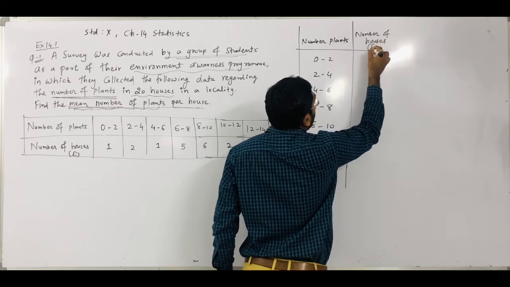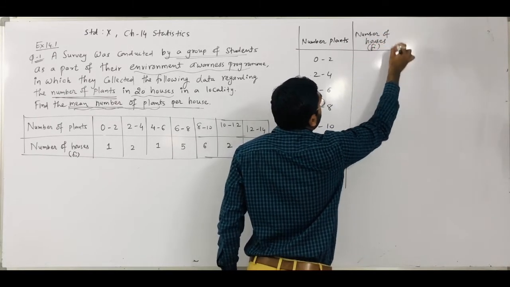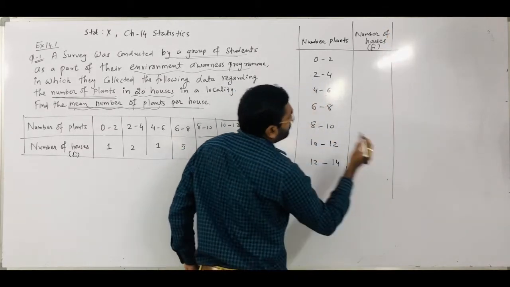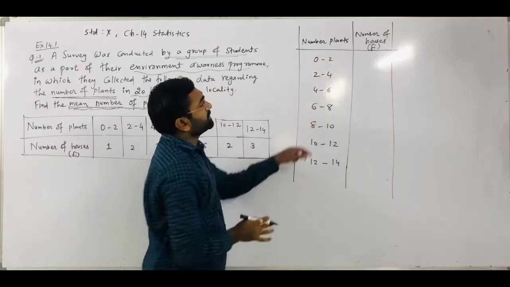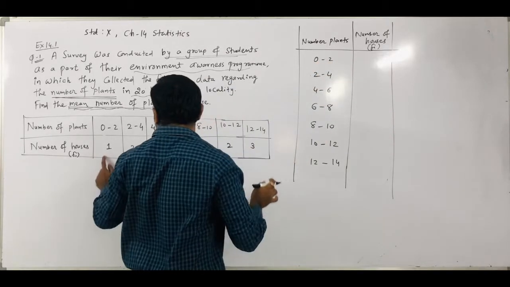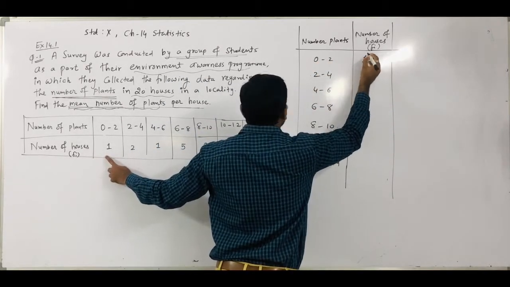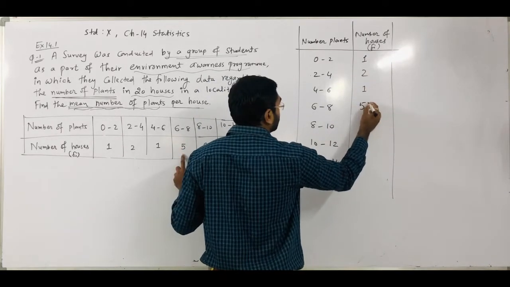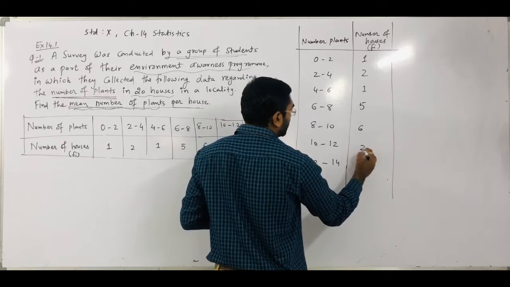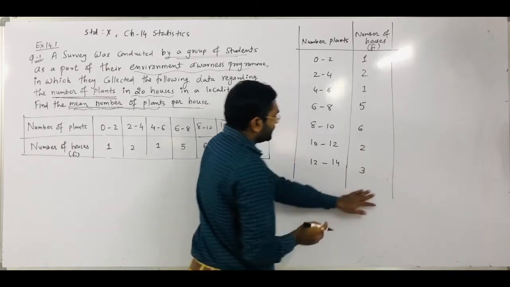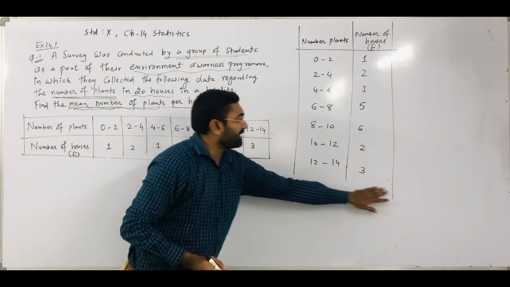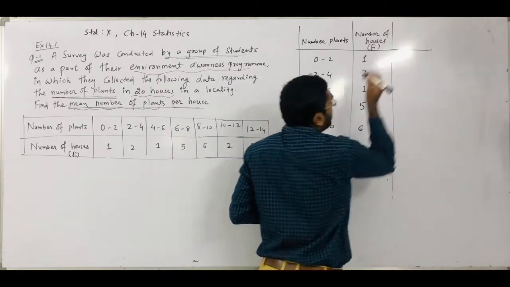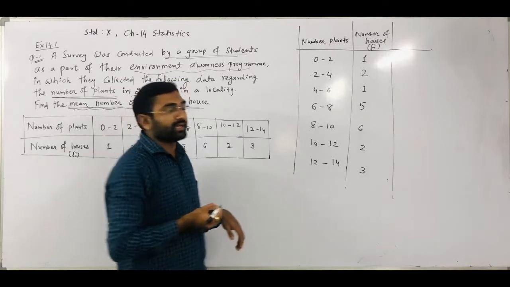This represents our frequency Fi value, right? So as we represent Fi values in the equation, given are 1, 2, 1, 5, 6, 2 and 3, right? Now as I told you, here Fi and Xi values are small, so that's why we have to apply the direct method. In the direct method we require the Xi column.